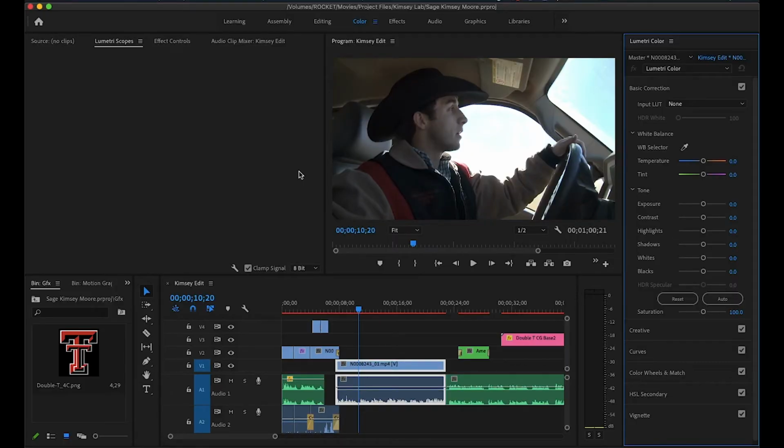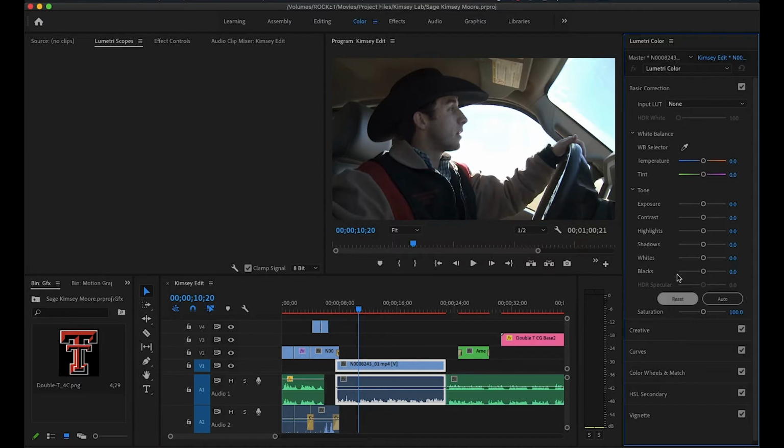Those scopes are the things that help us measure technically where we're putting things. Our eyes can deceive us, our monitors can be off, we can go off that way. We want to be able to use these. I'm going to include a couple of videos in this playlist from other sources that I want you to look at to help review how these scopes work. Very good videos with some experts to do it. In particular, mostly because my program is currently messed up. My scopes are not displaying, and so it'd be very hard for me to demonstrate to you where we want to be on scopes. But I'm going to rely on those videos to tell you a bit about what you're